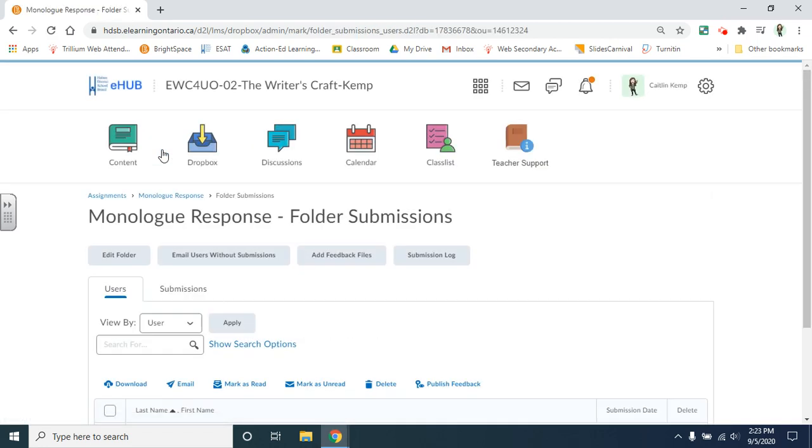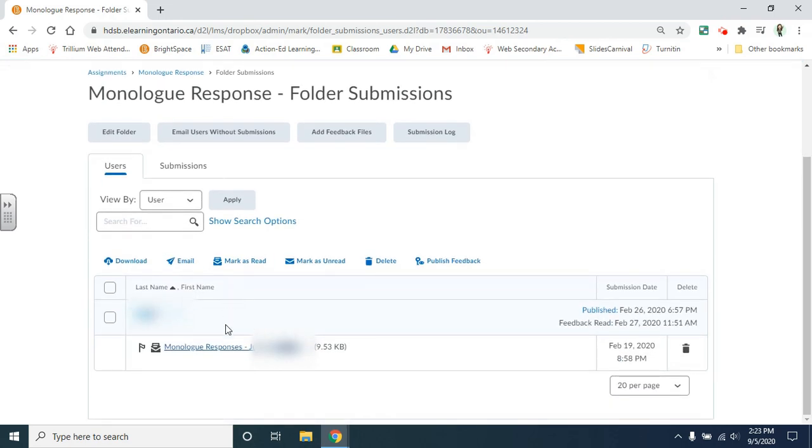So when you click on the folder, you would get a list of all of the students and their work. You can see that I have already marked this assignment, and you can see when I published it. And you can also see that the student has read the feedback, which is really cool, because now you can see that they have in fact received the feedback that you have given them. They know that they have accessed it and when they did that. And there's lots of